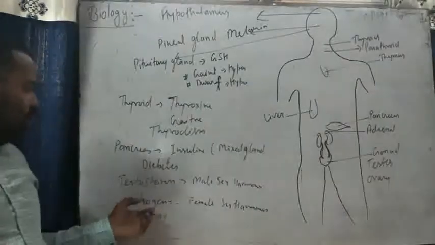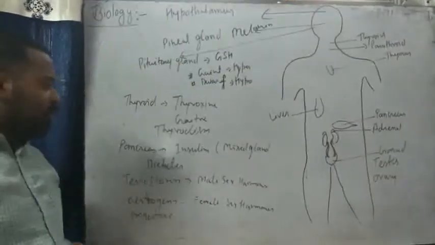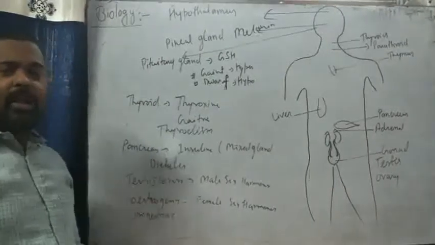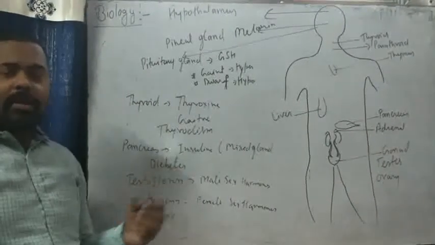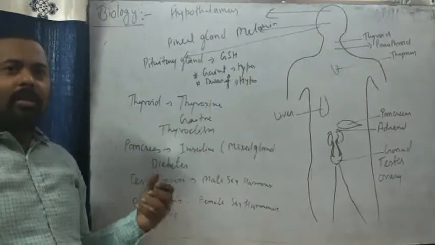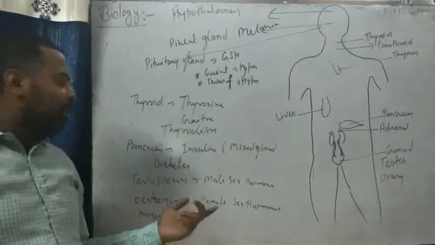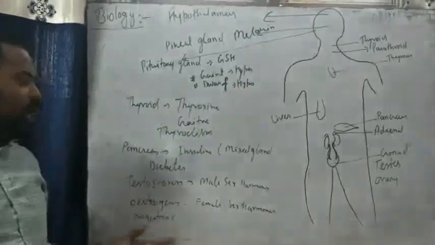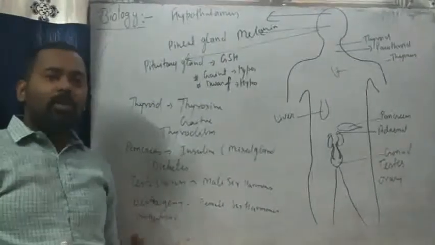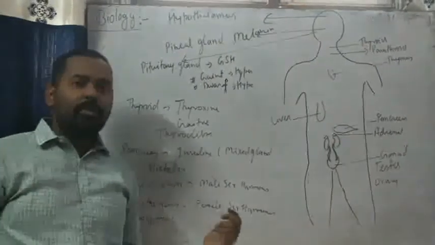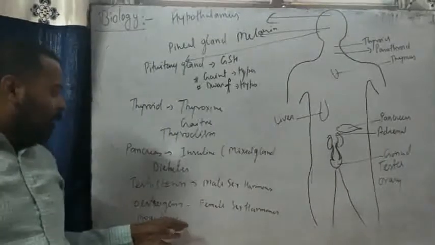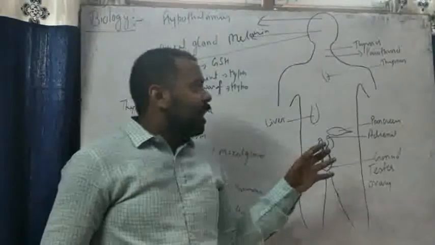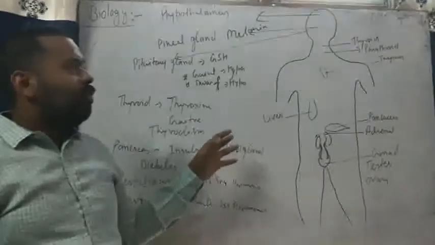And in females, estrogen and progesterone, two female sex hormones, are there. Estrogen hormone helps in secondary sexual characteristics in females, such as a pleasant voice, soft skin, the start of the menstruation cycle in their body, and also helps in the growth of pubic hair. And progesterone helps to maintain the development of the uterus layer in their body during pregnancy, and also helps in the development of the mammary gland. Okay students, these glands are very important from the point of view of your exam.